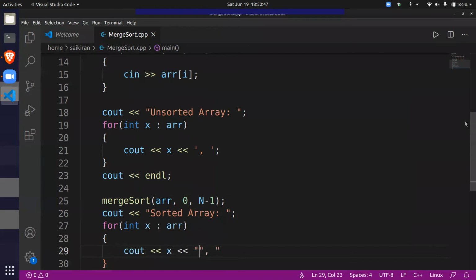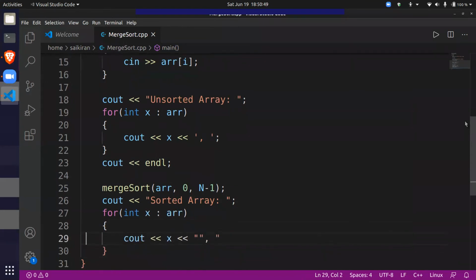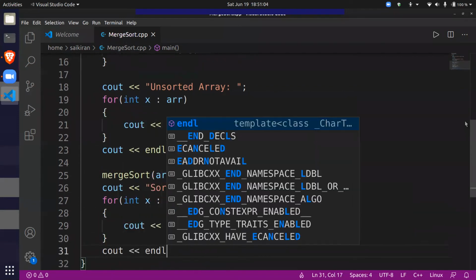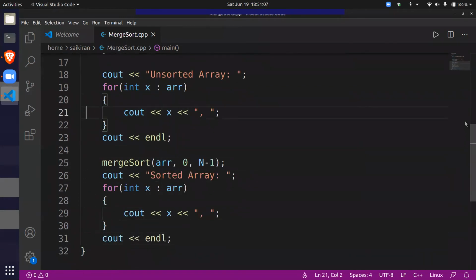Okay, there's a small mistake. I need to use double quotes here. I'm separating the numbers with a comma and a space. So I have to fit 2 characters, so I have to use double quotes. Finally, endl.